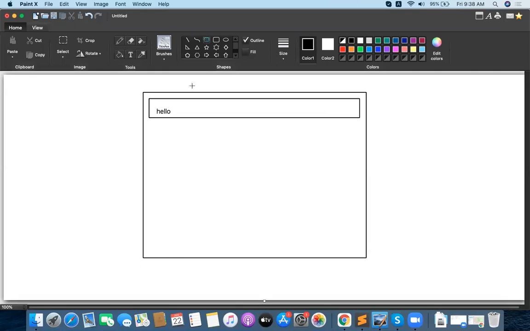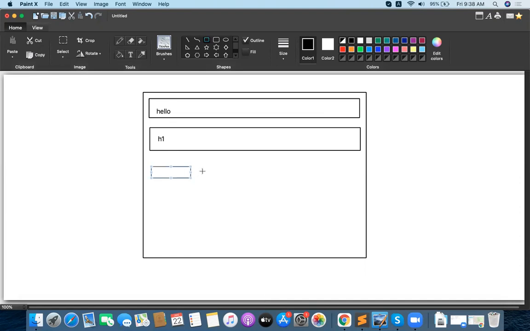Even if you prepare an H1, H1 also takes the complete width of the page. For example, this is the H1 tag. H1 tag is also occupying the complete width of the page. If I create a hyperlink, the hyperlink is an inline element. All hyperlinks are taken side by side like this. All inline elements are taken side by side like this. So this hyperlink is called an inline element. That is the major difference between block level and inline elements.